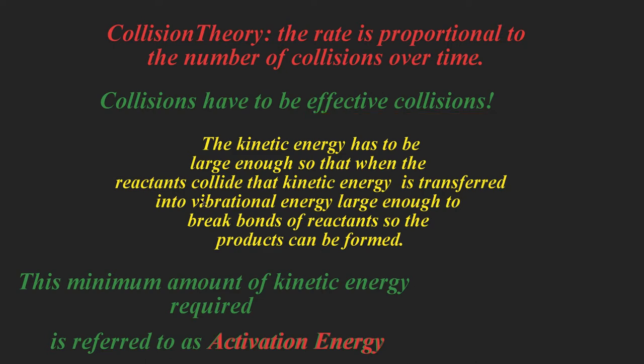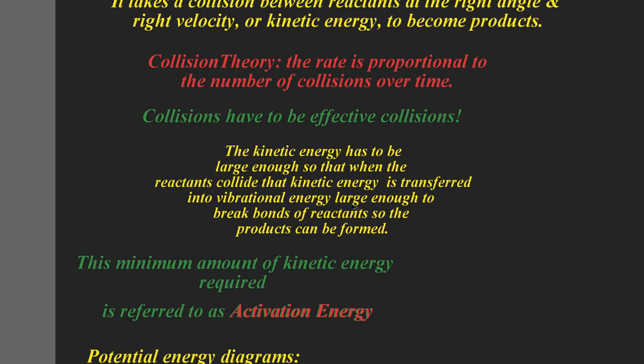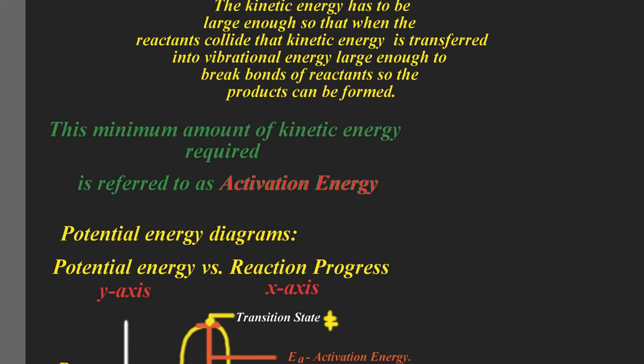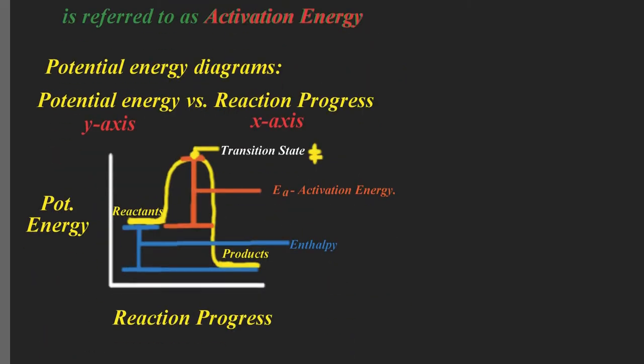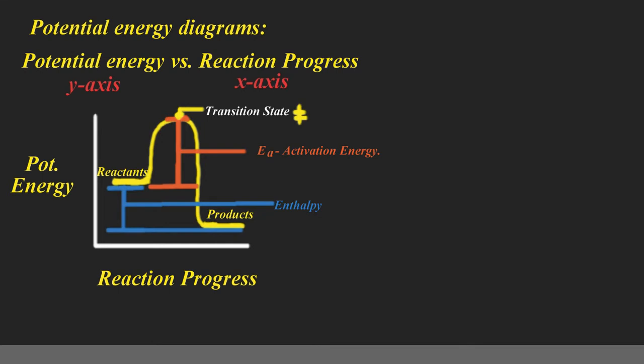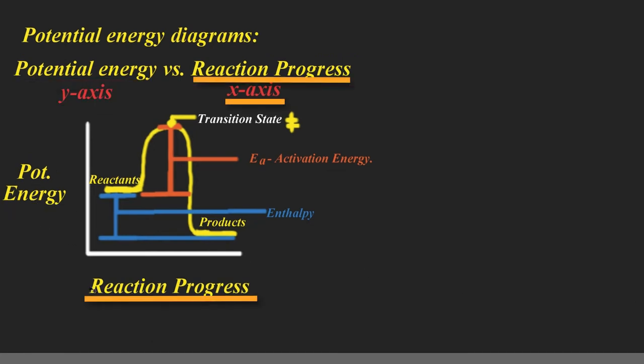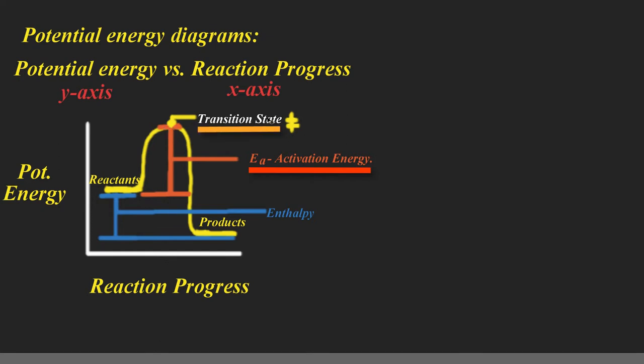Now, this vibrational energy barrier, or this energy that we have to overcome, is referred to as activation energy. And if we're looking at a potential energy diagram, as we have here, where potential energy is the y-axis and time or reaction progress is the x-axis, then we have this line from the reactants to that peak, which is the transition state,